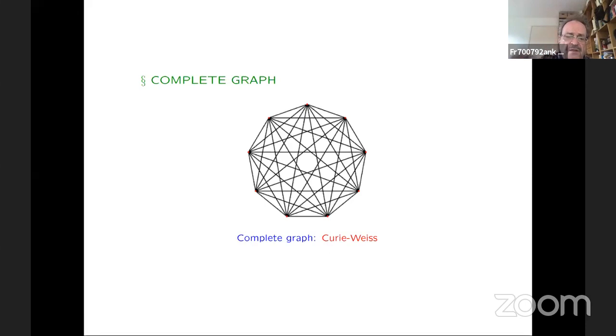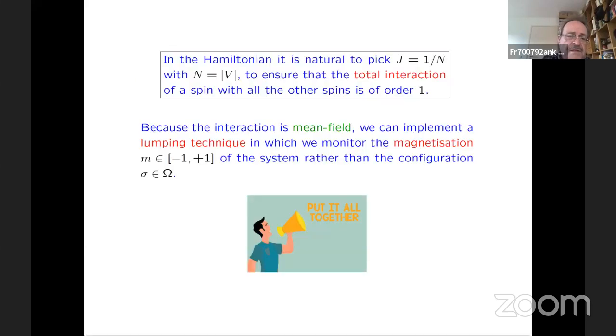So we're having the complete graph on n vertices, capital N vertices. And this means that in our Ising Hamiltonian, everybody is interacting with everybody else. All edges in the graph are there, so it's a really very simple situation. And let's see what we know about that. This is an old problem that has, however, only really been pinned down in full detail in the works of